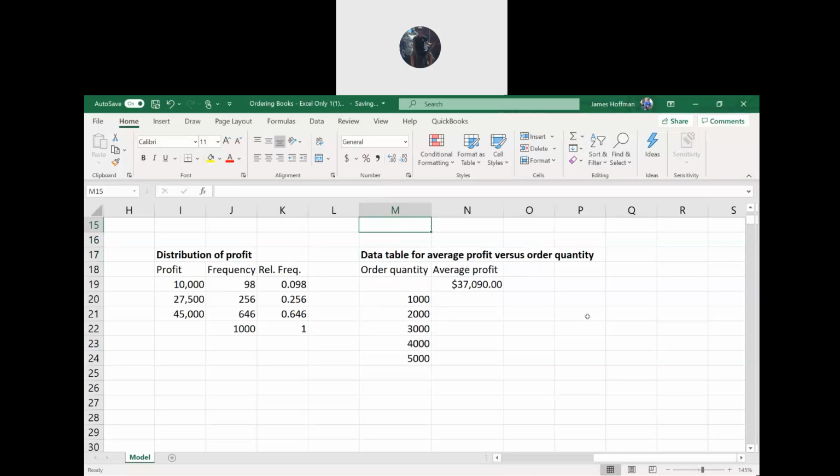Okay, let's do the data table. Okay, so you want to select M19 to N24 all together like this. All right, so make sure you start here because you want to get the formula. So M19 to N24, and then data tab,